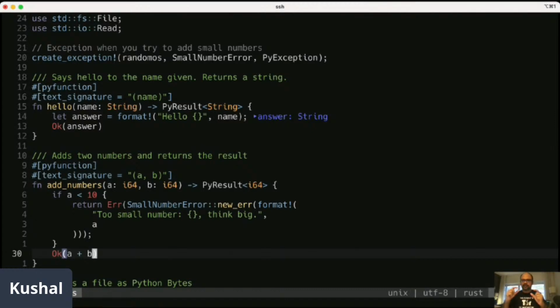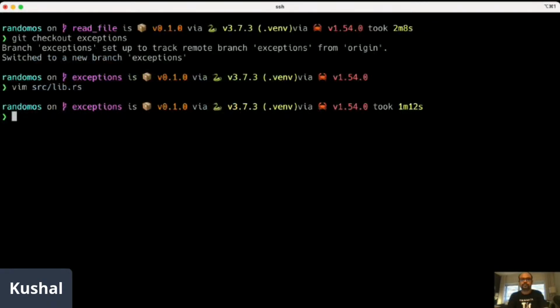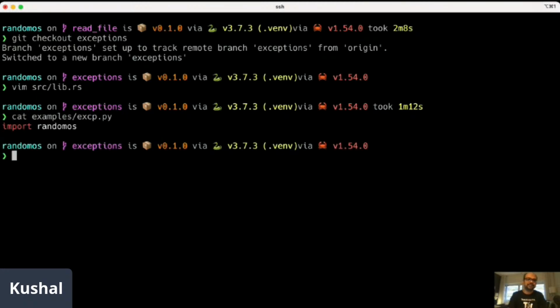Okay, so if you remember the add numbers, it is adding two numbers a and b. So if the first argument is lesser than 10, it will throw this particular exception. So let's try this. I'll show you the code. excp.py, which is just random OS because we're going to type it out. So python3 -i. The module is already imported, so we can now try